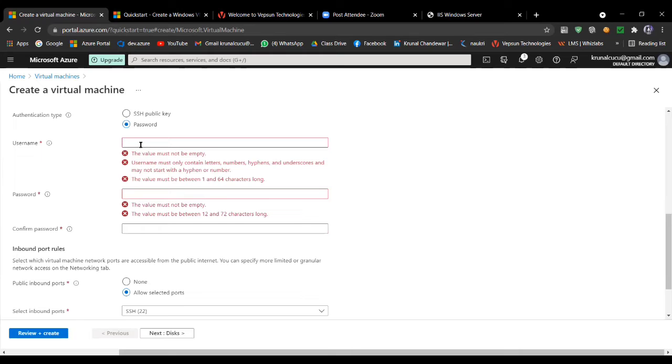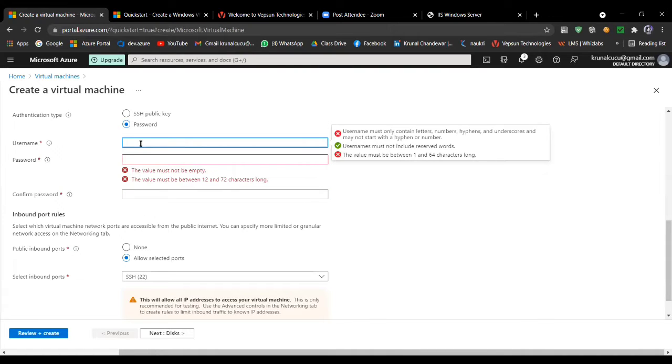So same as before, we are again giving our password, same administrator. Administrator1. Check the spelling. Administrator1, it is correct.